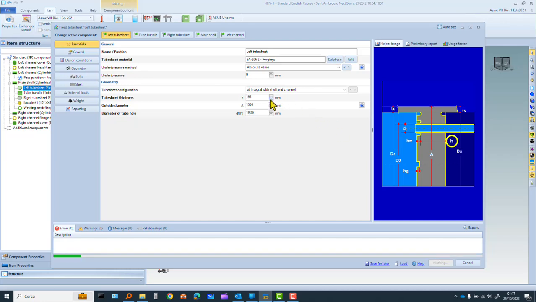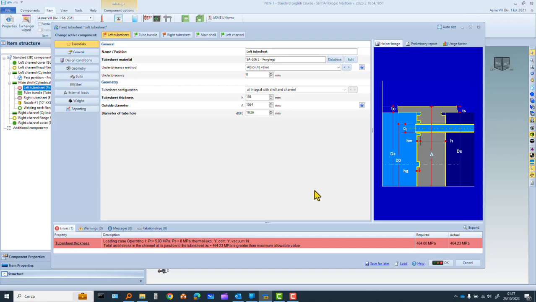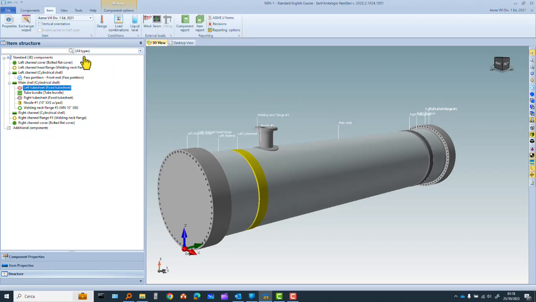So we try, as before, we take out 1 millimeter. The problem is always the total axial stress in the channel at its junction with the tube sheet, exactly in the same case. Possibly a further increase of the channel may improve the situation. Well, we cannot go on increasing the channel thickness without looking at the other components like the flanges that are connected to the channel. Of course, the best solution in this case is to call again the wizard